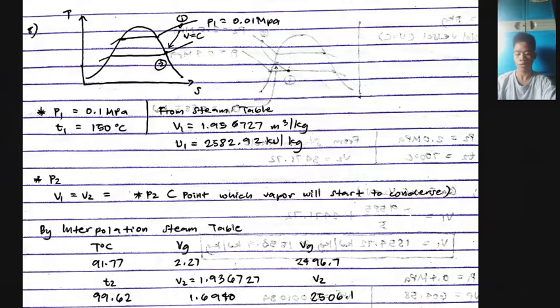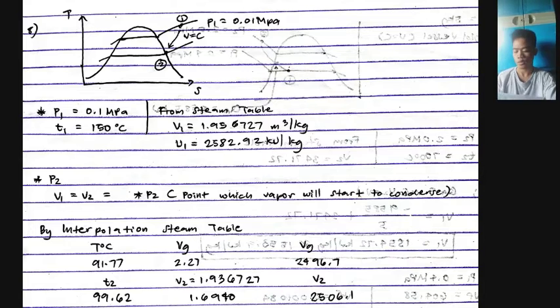T1 equals 150 degrees Celsius, and from our steam table, V1 equals 1.956727 meter cube per kilogram, and U1 equals 2582.92 kilojoules per kilogram. And next, at P2, P1 is equivalent to P2, and so at P2,